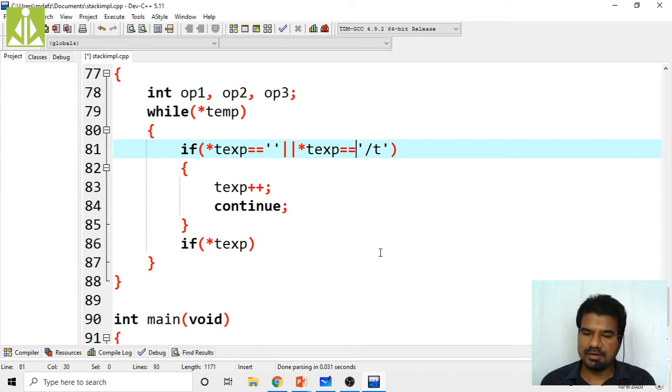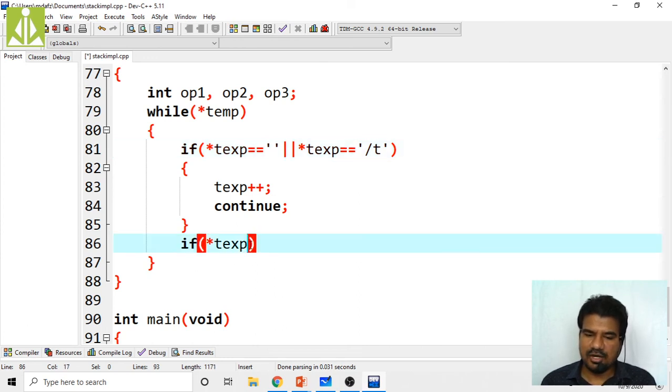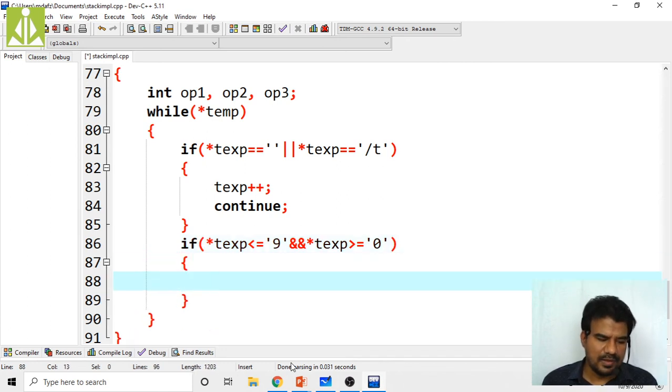We are not storing but we are comparing. So if my character is less than or equals to '9', and greater than or equals to '0', with logical and, if it is like this, what do we do?